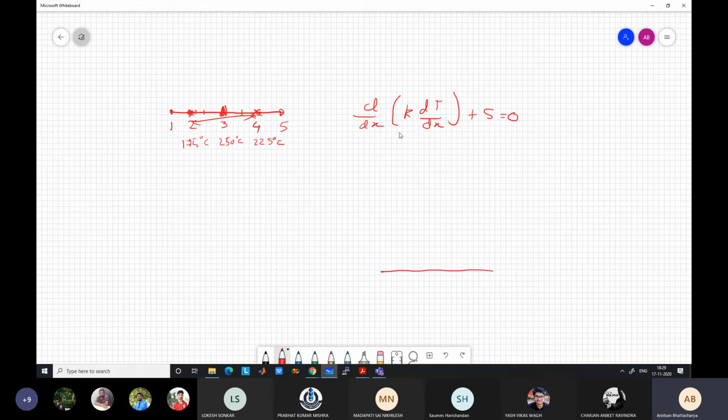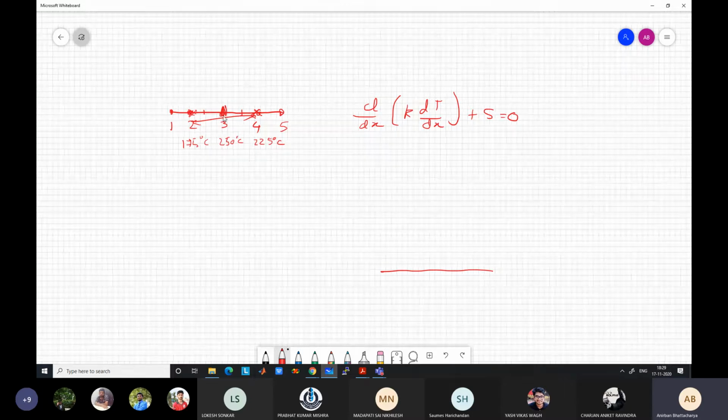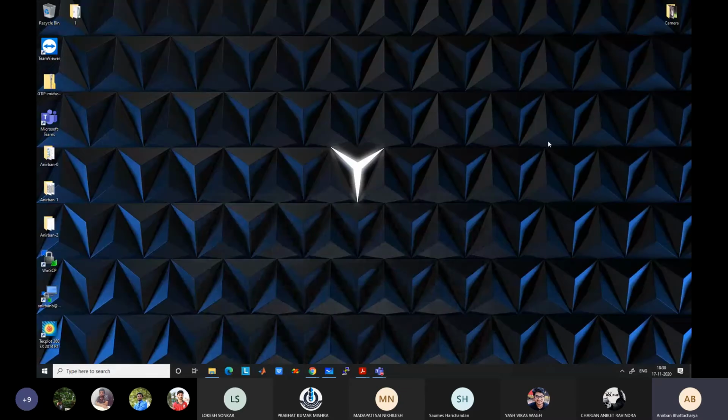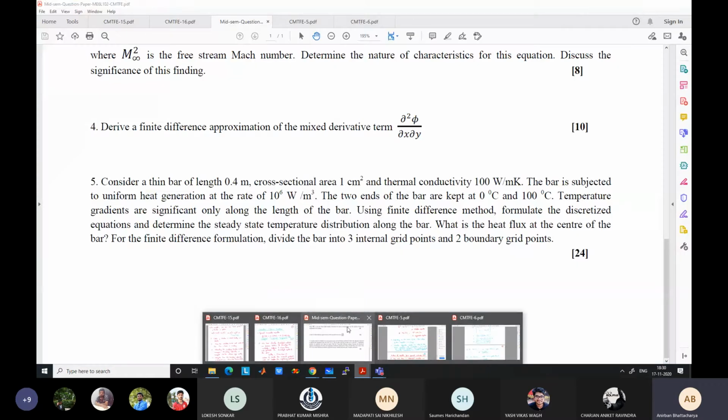So obviously, we know that we can solve it analytically, but we want to solve it using CFD, the finite volume method. Based on that, you can get the heat flux. Heat flux was asked, so you can either give the heat flux or the heat transfer rate. Both are not the same. Remember, heat flux is minus k dT/dx. Heat transfer rate is minus k dT/dx times the area.